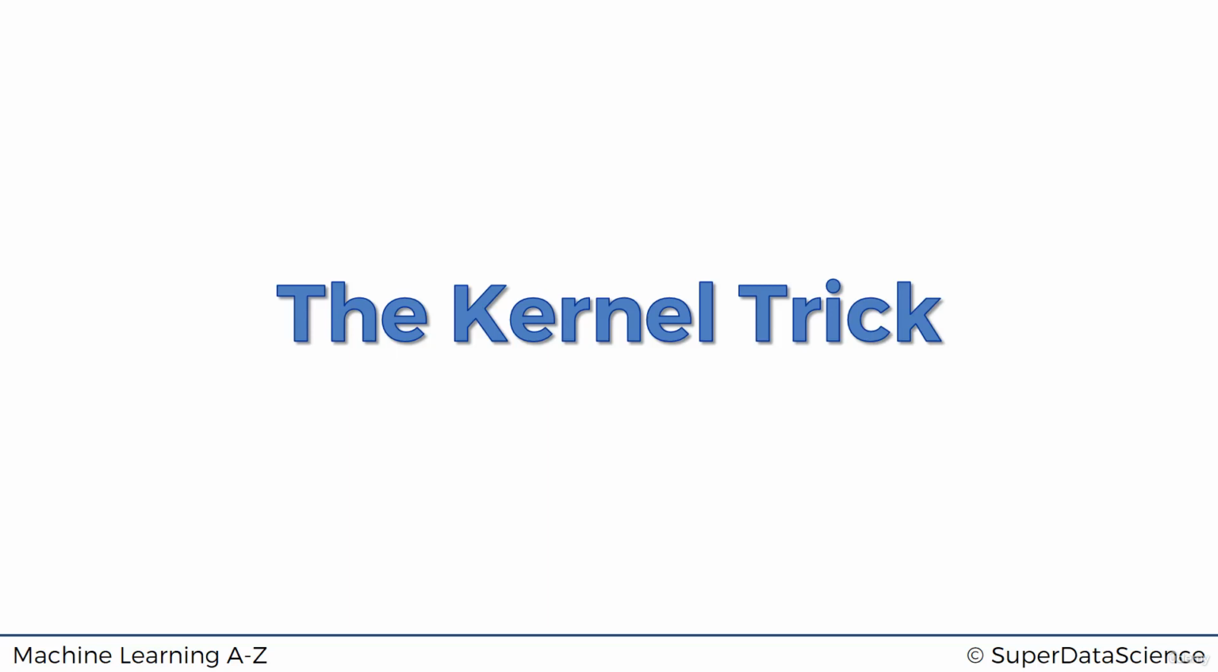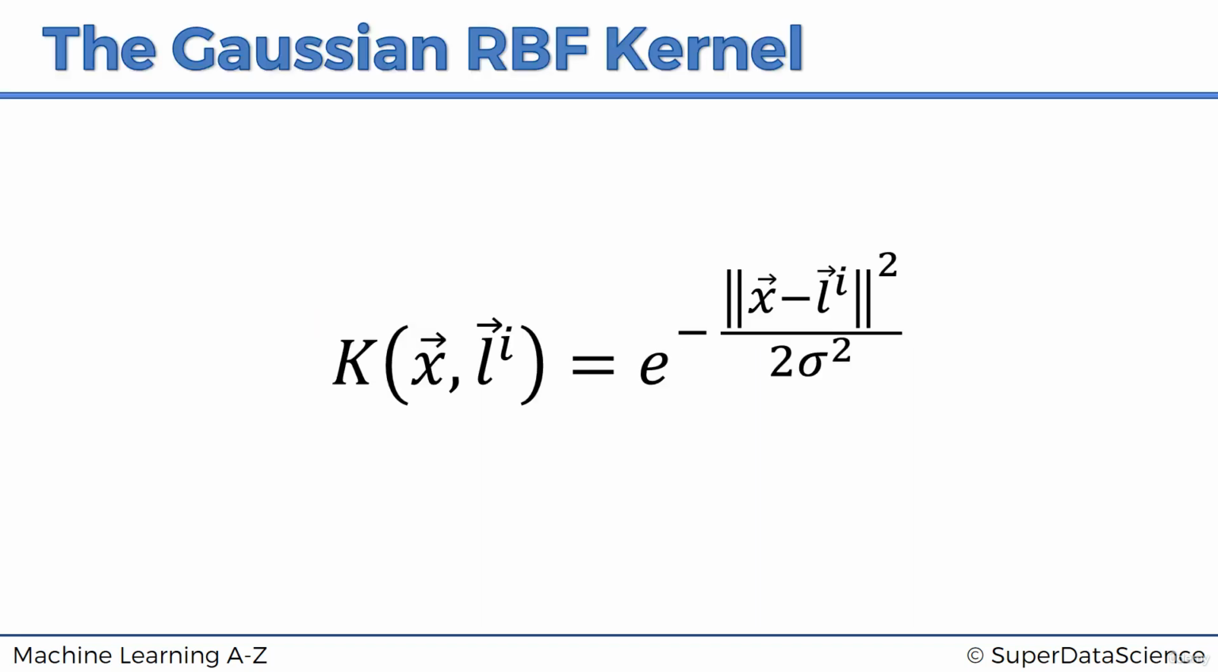Hello and welcome back to the course on machine learning. Today we will finally find out about the kernel trick. So let's get started. So here we've got the Gaussian or the radial basis function kernel, and those are two